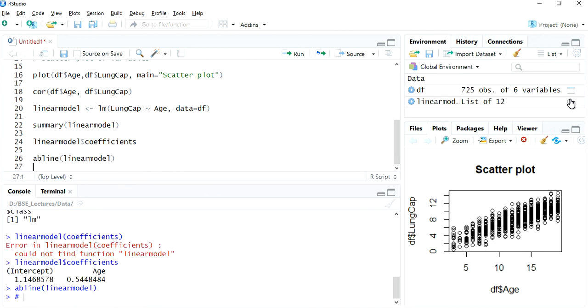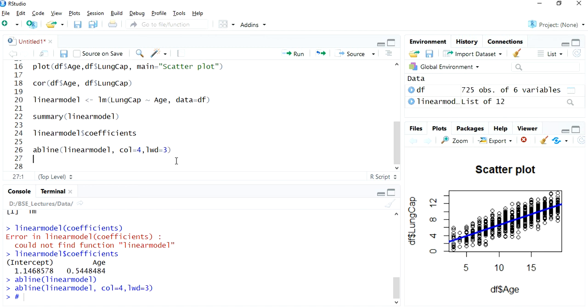Now you can see that the line is created here, but it is not very visible, so we color it. So abline of this, comma, col equals 4, comma, lwd, where lwd is line width.